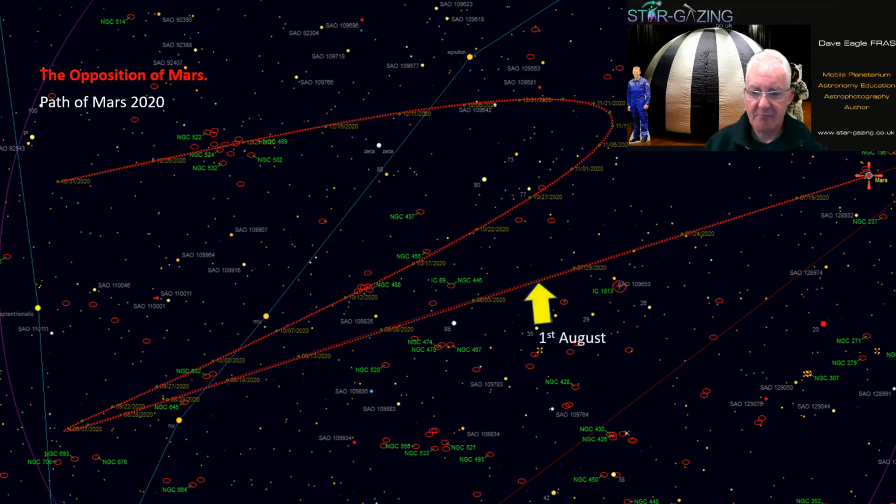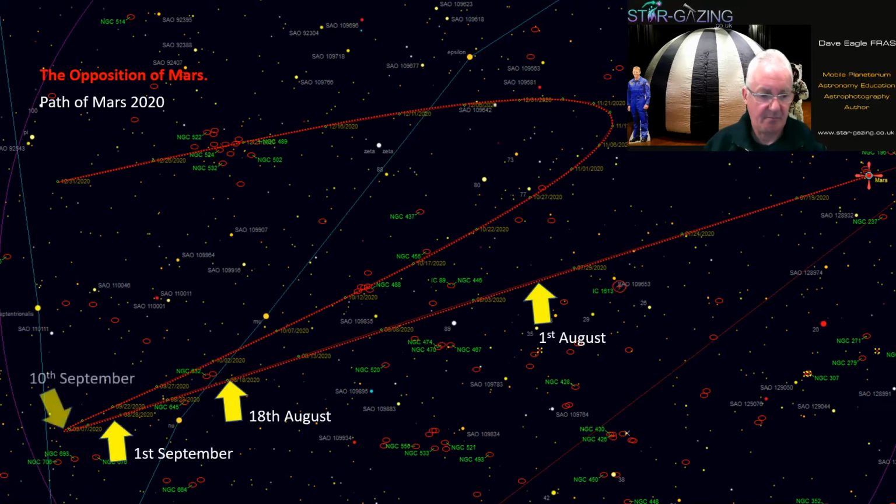So where's the planet? Well, on the 1st of August it was there. It's in the constellation of Pisces. On the 18th of August it's starting to slow down as the Earth starts to overtake it properly. And there it is on the 1st of September, really starting to slow down there. And then on the 10th of September, it's come to a full stop. So it's starting to reverse its speed and direction. On the 1st of October,